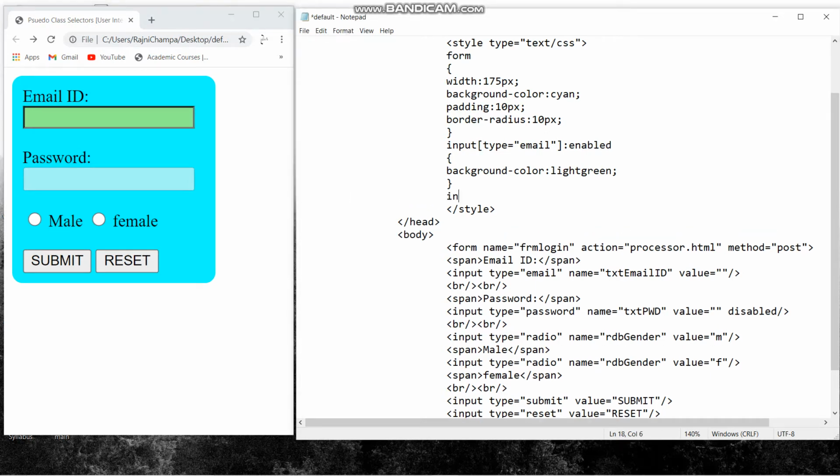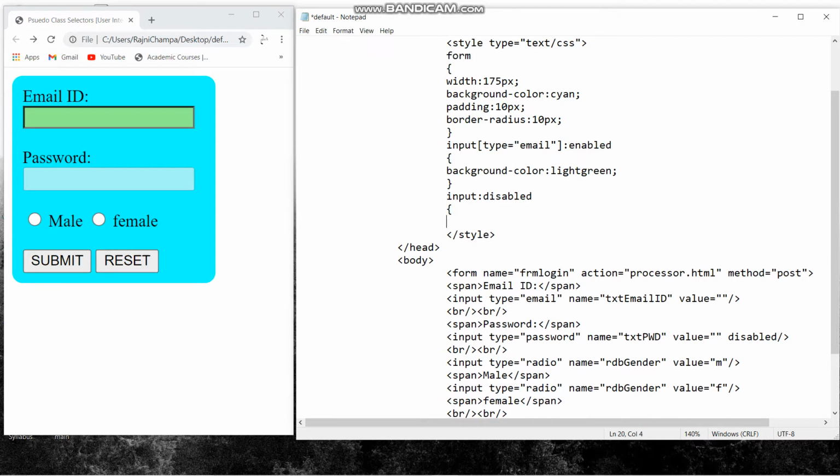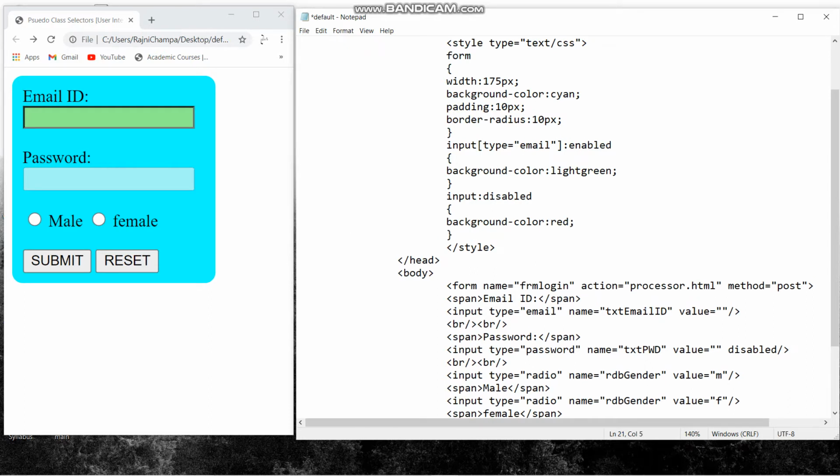Now I'm giving input colon disabled, curly braces, background-color colon red, then close it, and then file, save, go to browser. You can see the password disabled field has been given red color.